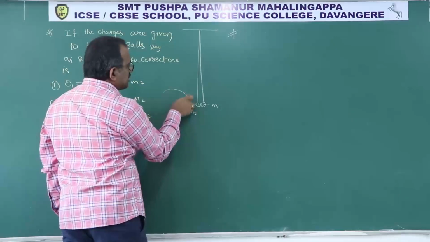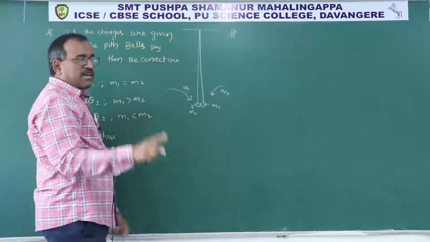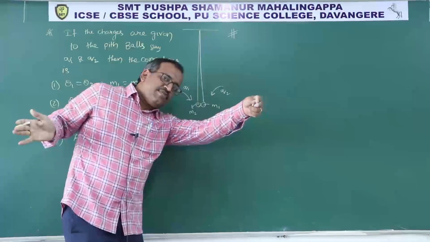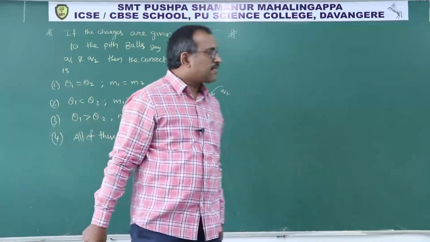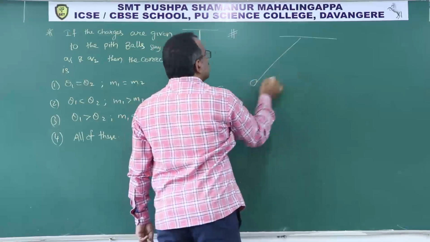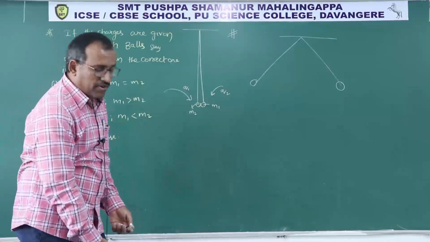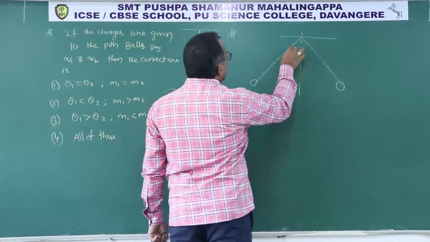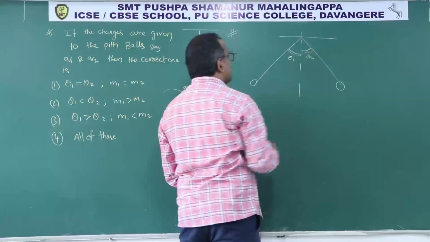When you give the charges Q1, Q2, please try to understand the subject. When two positive charges are there, there will be repulsive forces, hence these strings will become like this. So then the diagram will be quite interesting. From their common vertical, which will have more angle, which will have less angle? No guarantee. I can't say immediately.